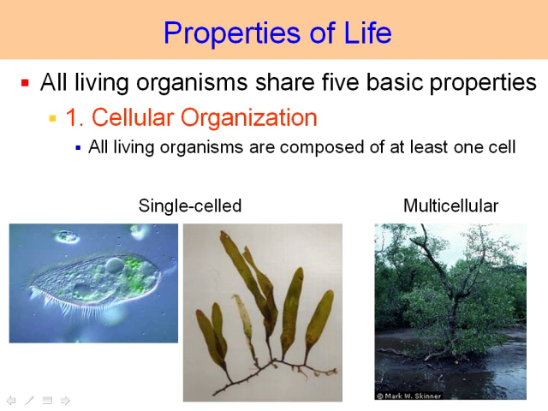Number 1, on the left, you see a paramecium, a single-celled organism that you can see under the microscope. And number 2, you see a species of algae called Caulerpa. While that thing looks multicellular, in fact, it is considered 1 single cell because all of the divisions between what would have been cells have been removed. And now to the right, we see a multicellular organism. And this multicellular organism is, of course, a tree.